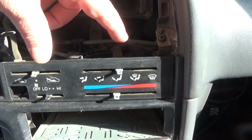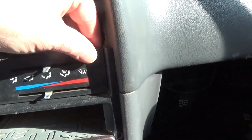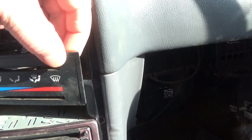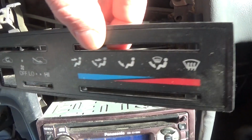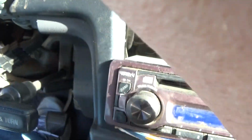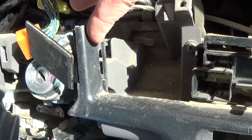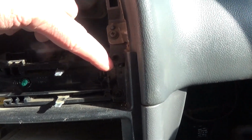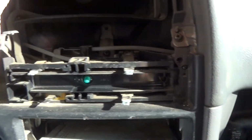the little knobs off of them. They just slide right off. And then again, you put something right there in the edge and you kind of pop it out. And then the reason why you do it from that side, so here's a little tab right there. That tab just goes, let me put this down. Tab just goes right into that little slot. And anyhow, after you pry that out and take it out,